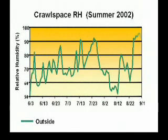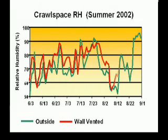The first green line to draw in is the outdoor humidity. The red line that appears next is the control group of wall-vented crawlspaces. Notice how closely crawlspace humidity followed the humid outdoor conditions. With humidity levels above 70% for 79% of the time, the wall-vented group stayed damp and maintained mold-growing conditions most